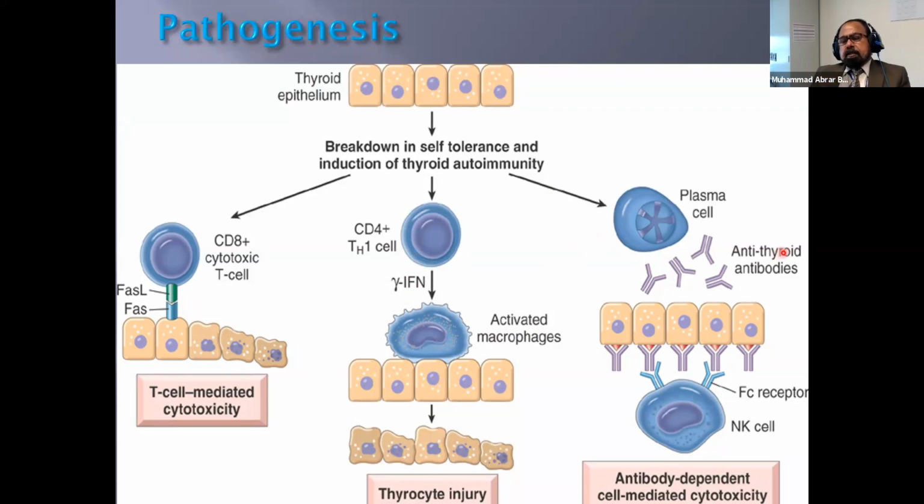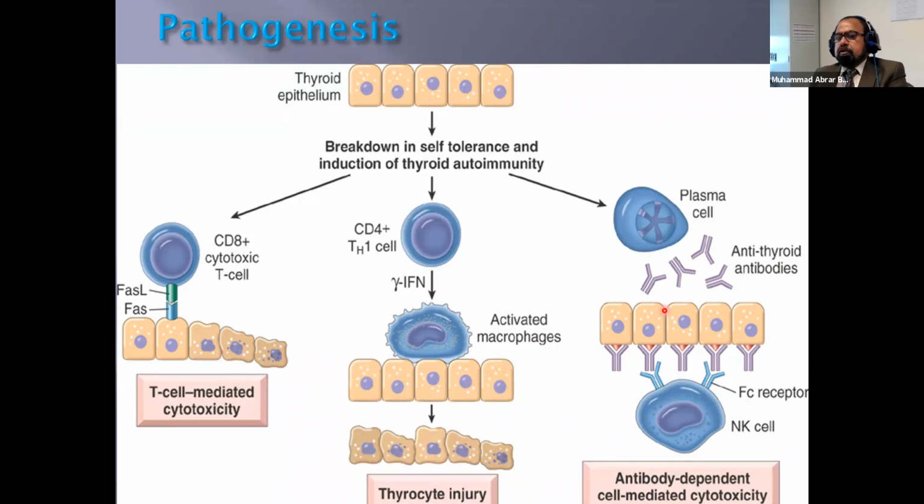Now the third one is the plasma cell. They are secreting antibodies. So there are two antibodies: antibody against peroxidase, antibody against thyroglobulin. So they attach to the thyrocyte, and then in antibody dependent cell mediated cytotoxicity, this NK cell attaches with the Fc receptor and they kill the thyrocyte. So all of these are killing this thyrocyte, and as the thyrocytes are being killed, more and more